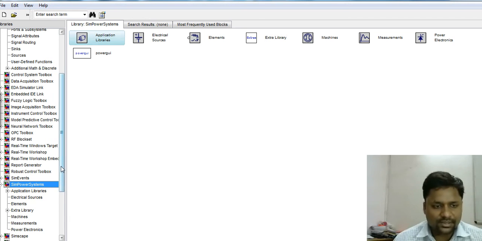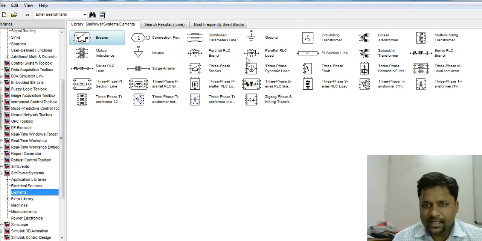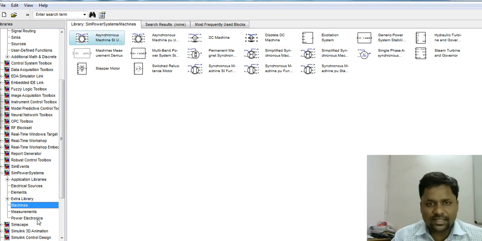We can see electrical sources like AC source, voltage source, battery, and controlled source, and elements like load, transformers, three-phase loads, star connection, delta connection, and machines like DC machine, PMSM motor, and synchronous motor.